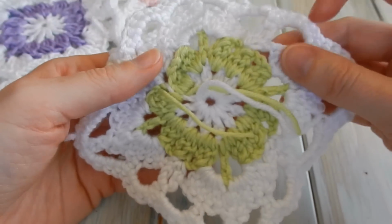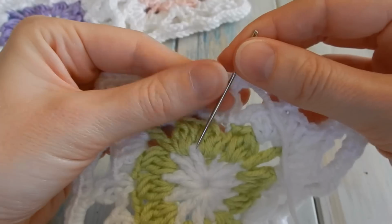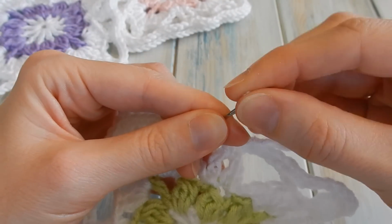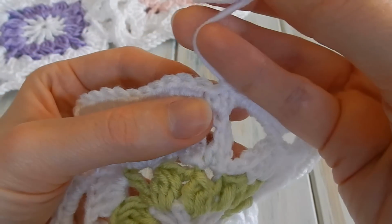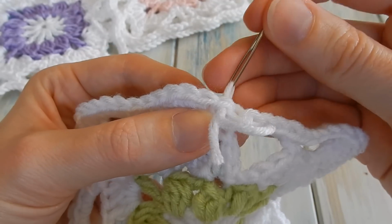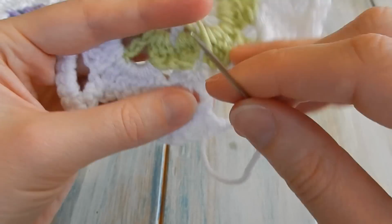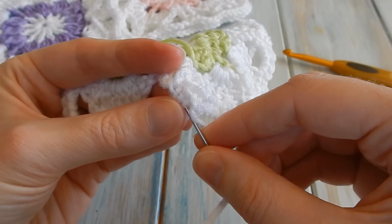And all that's left to do is to hide our tail ends. To hide your tail ends, I'll show you with this one. Take your yarn needle, thread that, and then I put my hook into the same stitch I just slip stitched into to neaten off that stitch. Then I turn it over to what I consider the wrong side,